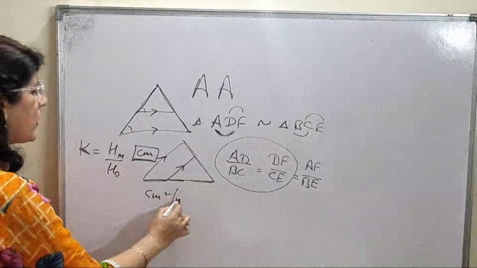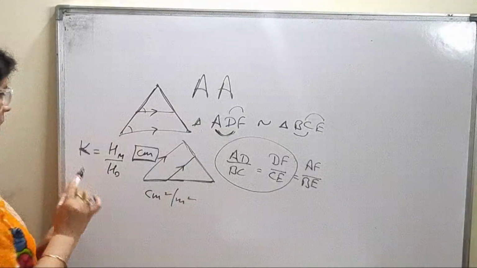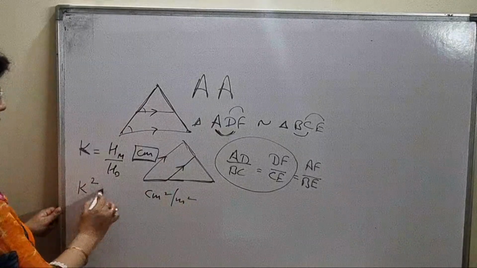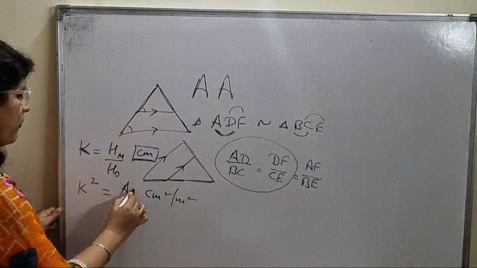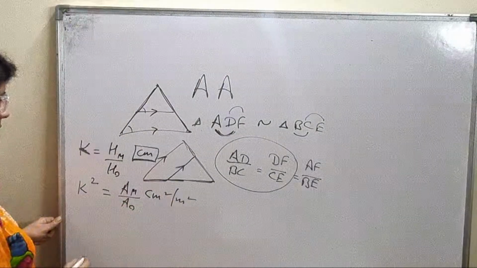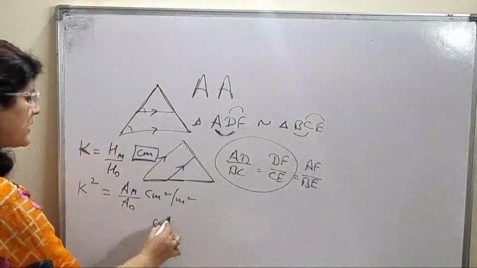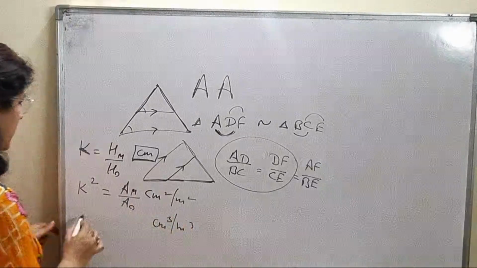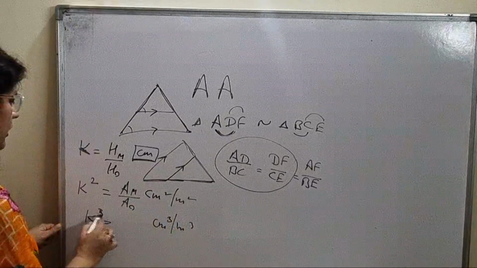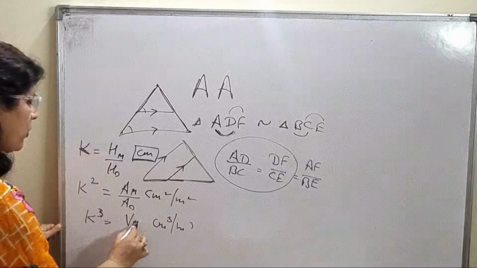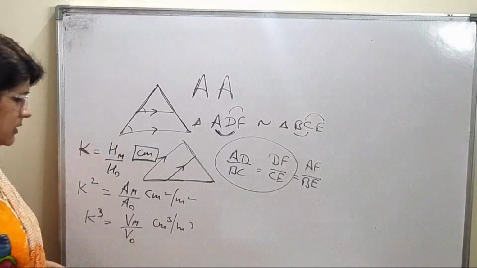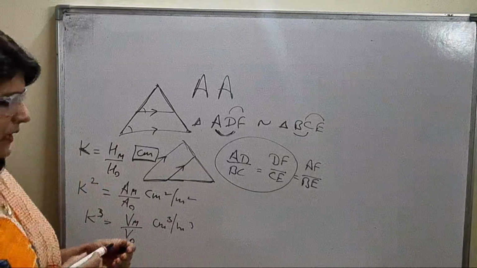इन सेंटीमीटर स्क्वायर और मीटर स्क्वायर, इट मींस वो एरिया का क्वेश्चन है, तो वहां पर आपको के फैक्टर को स्क्वायर करना है, ओनली देन एरिया ऑफ मॉडल एंड एरिया ऑफ ऑब्जेक्ट यू कैन कैलकुलेट। एंड इफ इट कम्स टू वॉल्यूम लाइक सेंटीमीटर क्यूब एंड मीटर क्यूब इज गिवन, देन इट इज के क्यूब, के क्यूब इज इक्वल टू वॉल्यूम ऑफ मॉडल डिवाइडेड बाय वॉल्यूम ऑफ ऑब्जेक्ट। तो इस तरह से के फैक्टर को पहले आपने कैलकुलेट करना है,